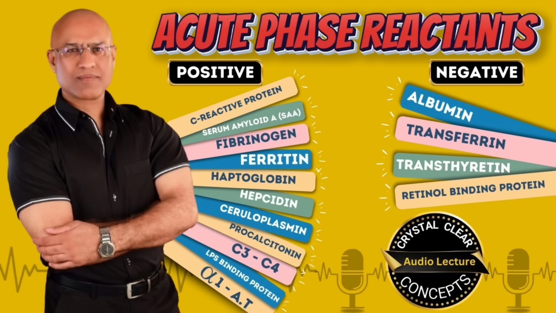For example, when these inflammatory cytokines act on the hepatocyte, they increase the production of C-reactive protein, ferritin, ceruloplasmin, fibrinogen, serum amyloid associated protein, and many others. We'll talk later. So one group of proteins are produced more than normal and released in blood from hepatocytes, and